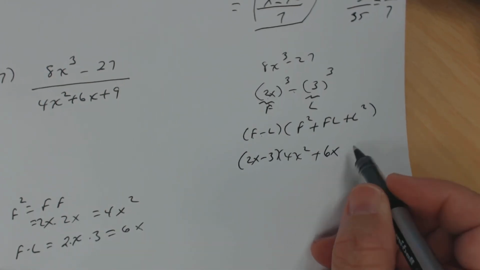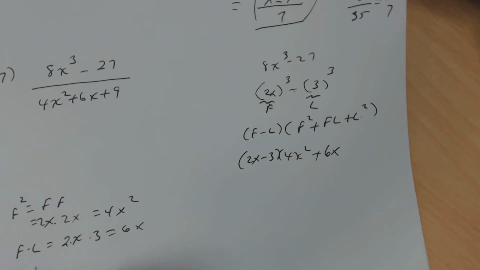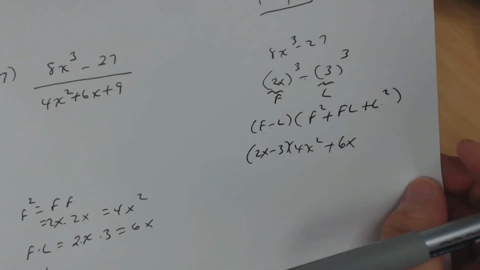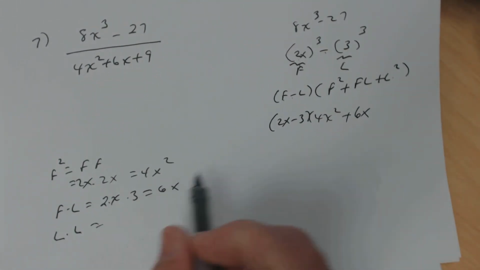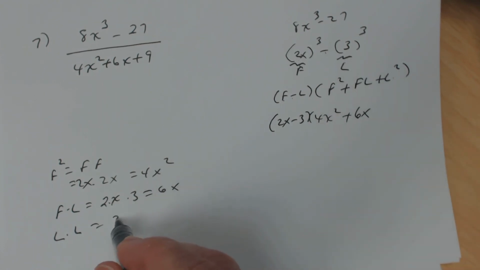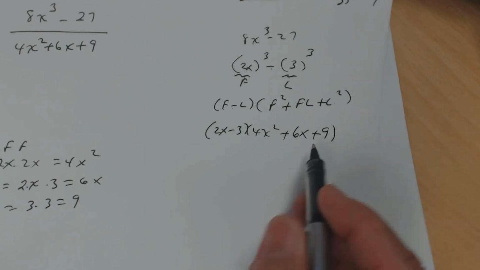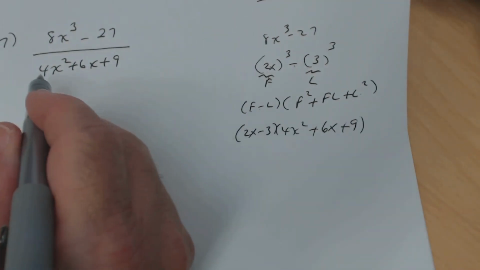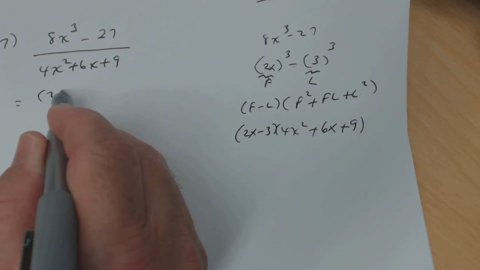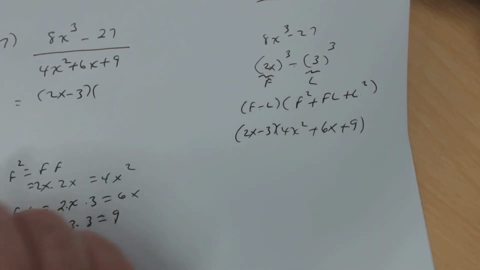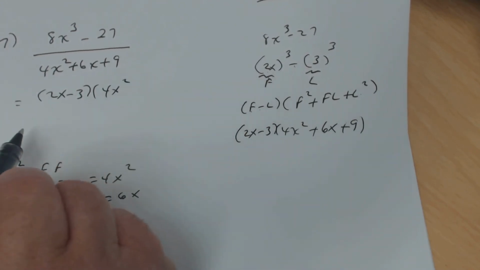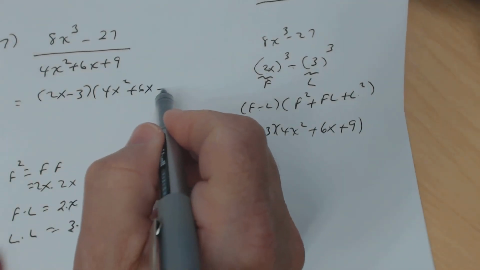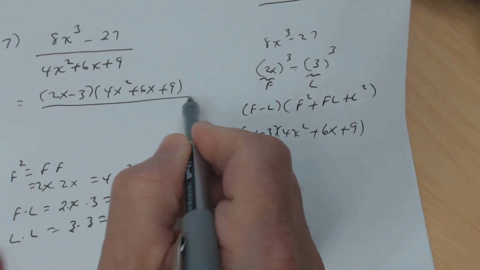So plus 6x. And L squared means L times L. L is 3. 3 times 3 is 9. So that's how you factor the numerator. We write this as 2x minus 3 times 4x squared plus 6x plus 9, divided by,